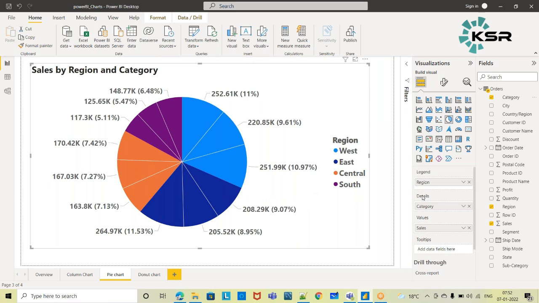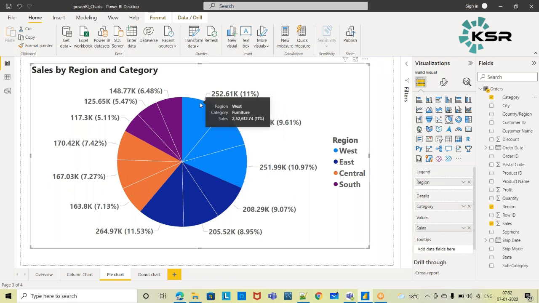Why? Because both the categorical values which we have used have fewer levels, only three or four categorical values, right? So the readability is good. But the disadvantage here is that whatever sales value or percentage value you are seeing, within the West region and for furniture, it is giving the percentage with respect to the overall sales values.